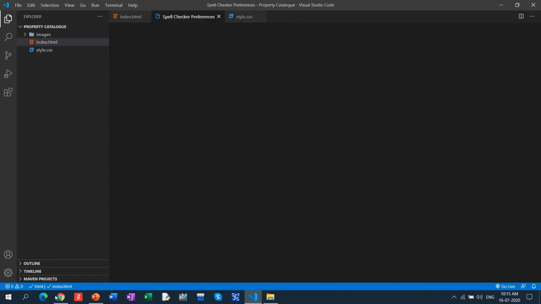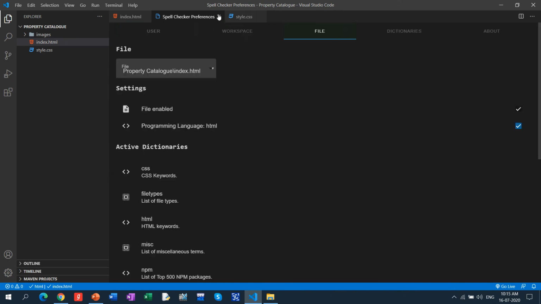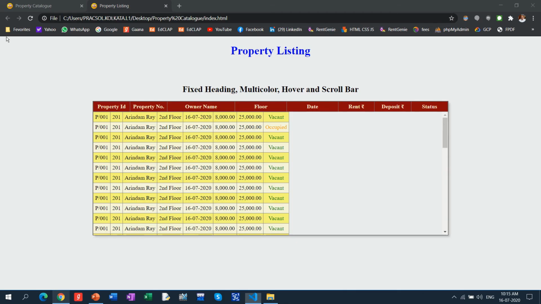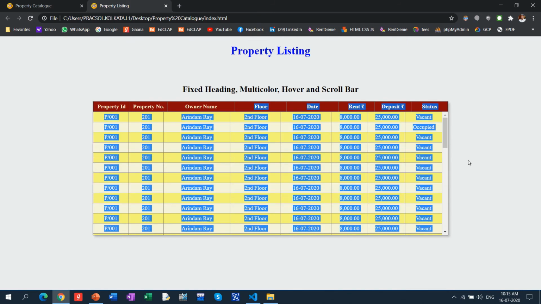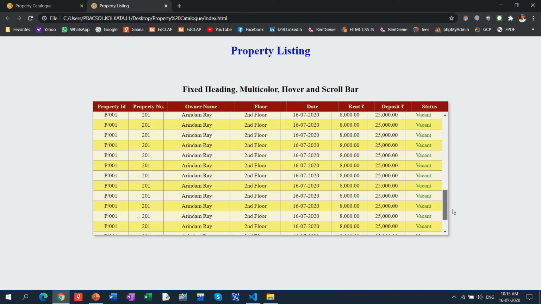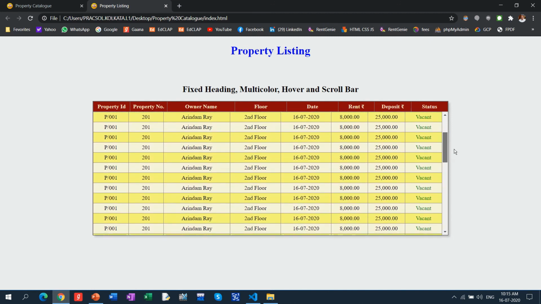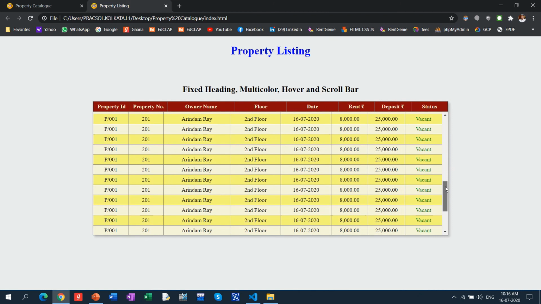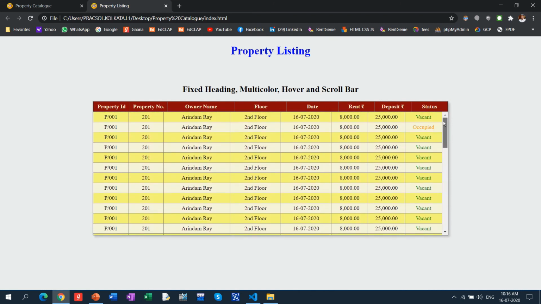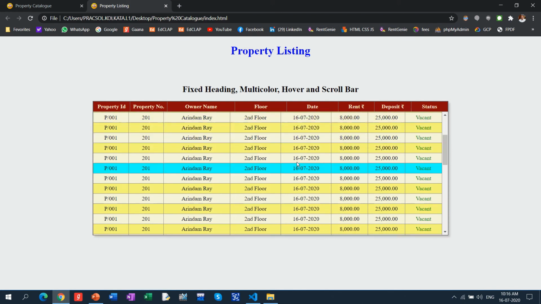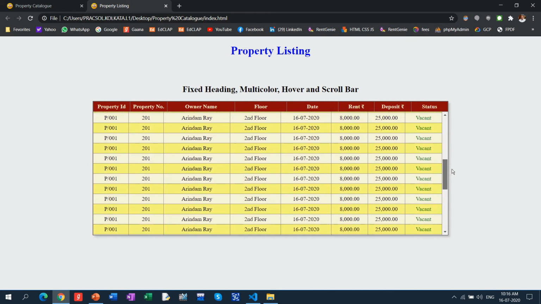Now I'll refresh it. See what happened, the data has come perfectly. No need to do it for all the data, only one row is enough. But here see the data and the structure, what happened, it has come down a bit differently, okay? The id is something different, so the color and heading have not yet matched properly.